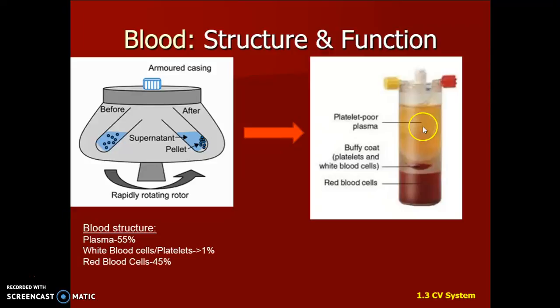And it contains electrolytes, it also contains proteins and hormones. And its function is basically to transport blood cells around the body, and make